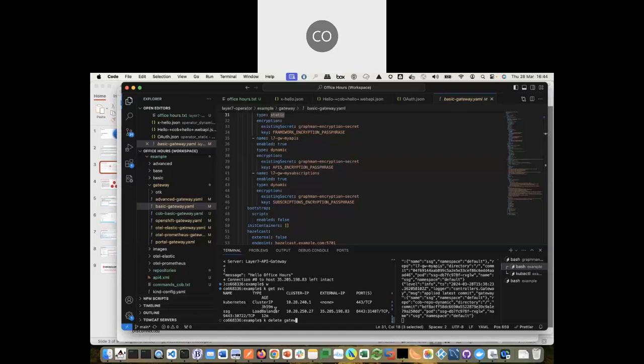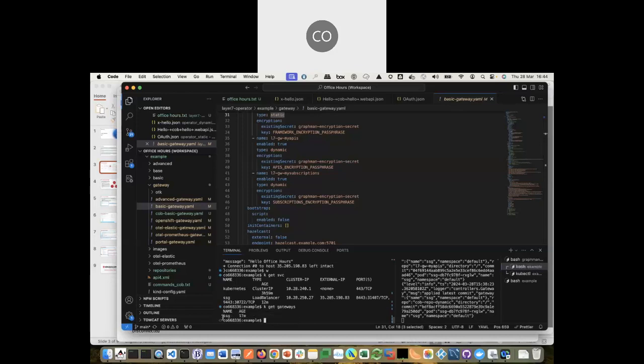By the way, I don't think I showed you, if you do kubectl get gateway, because the gateway is a custom resource, you will see the SSG gateway. So delete gateway